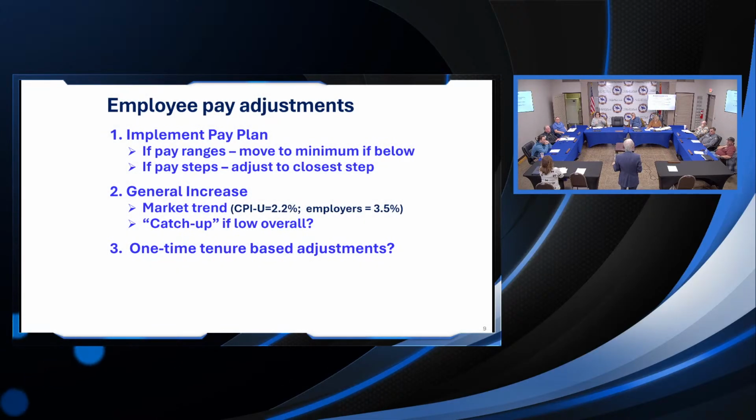Okay. All right, now, so we got the pay plan, we got the jobs and the grades, we got pay steps or pay ranges for all the jobs. Now we need to figure out what we're going to do with employee compensation. So typically there's 3 things we do. First of all, if it's pay ranges, everybody at least has to be at the minimum. If it's steps, we have to get everybody on a step. And so that entails some sort of adjustment to get to the nearest step. Closest step, but not less. We don't take money away. So people would go to the step that's closest to their current rate of pay, but not less.